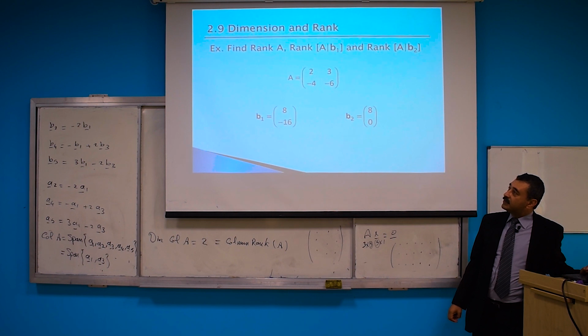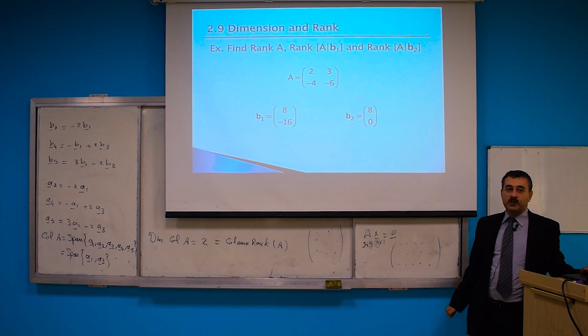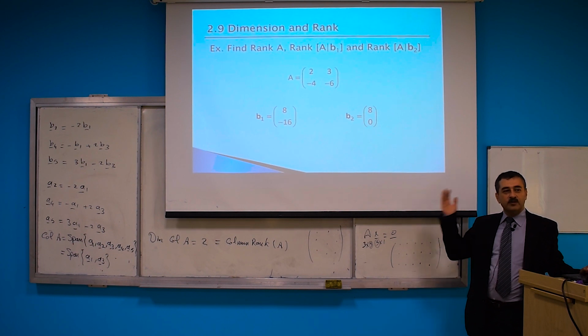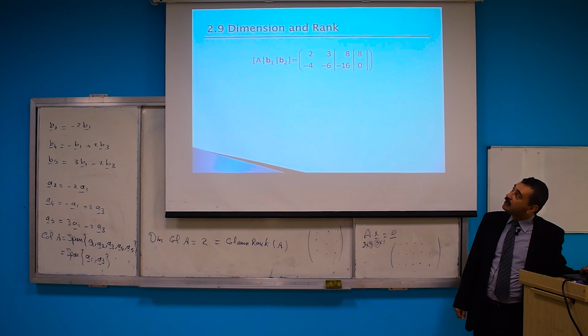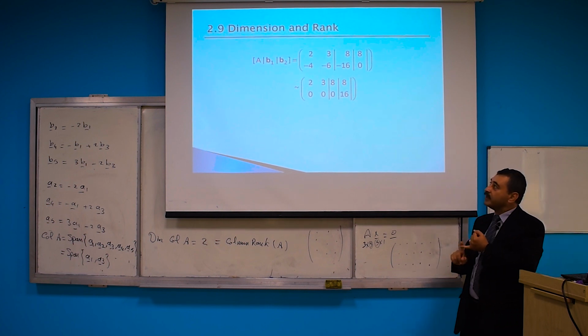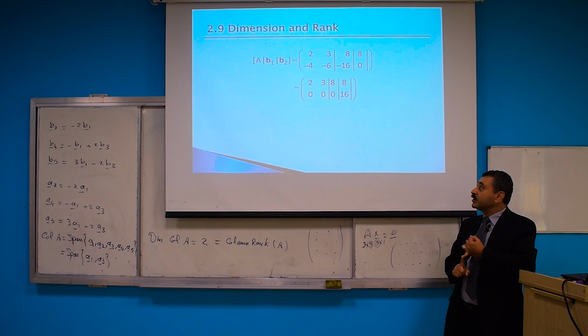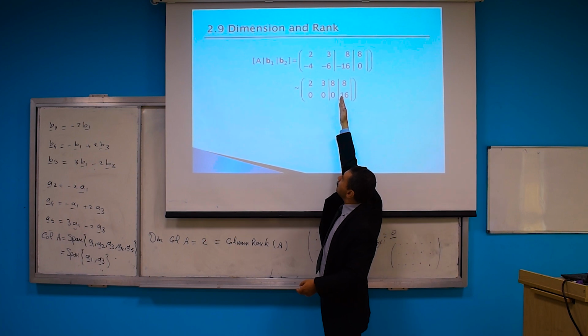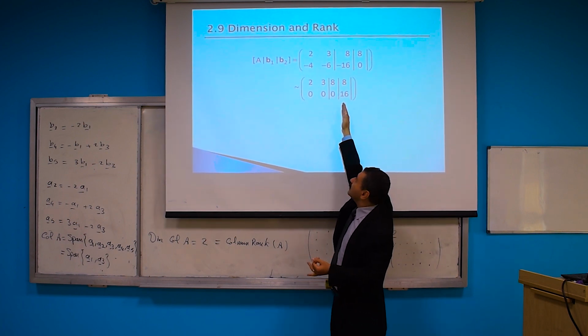تعالى ناخد بقى الماتريكس دي مع التو vectors دول. عايز برضو أحسب رانك A ورانك AB1 ورانك AB2. طبعا أنا بحب دايما أسولف reduction واحد، فنحط A augmented with B1 with B2 مرة واحدة ونعمل ريدكشن وانس. أدي الماتريكس augmented وأدي بعد الريدكشن. رانك A equal 1 مش كده؟ بيفوت واحد اللي هو 1. رانك AB1 يبقى أبص لغاية هنا 1 برضه مش كده؟